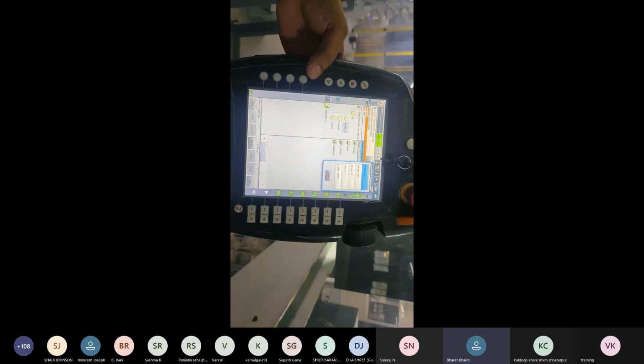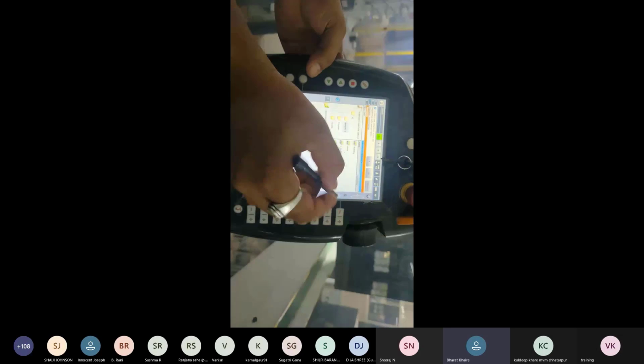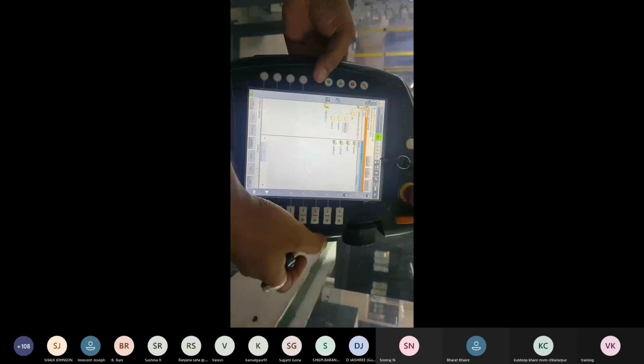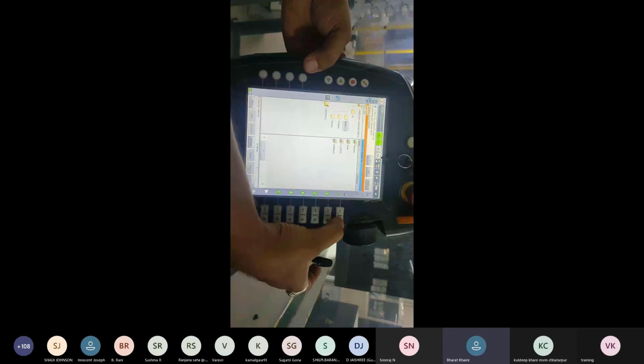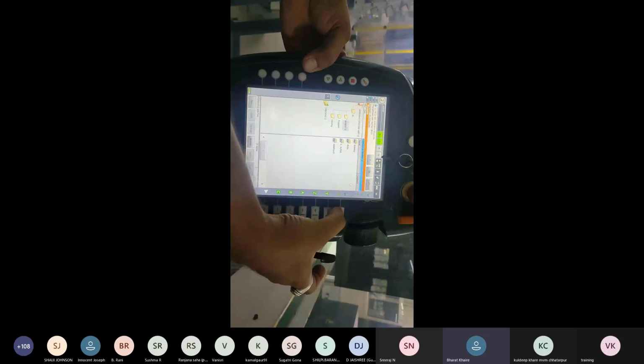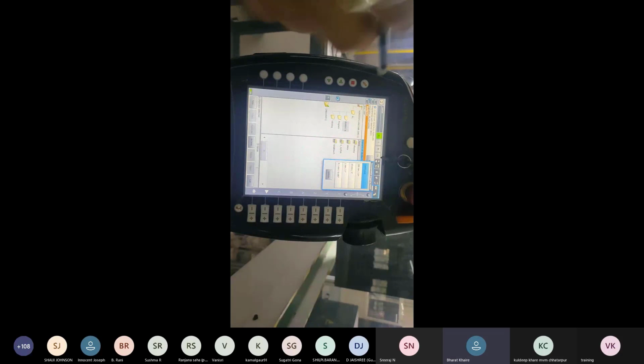So we can press and change the mode. Now I am using the x-axis. We can see here it will continually go and continually come back. But if I want to make some program with dimensions, for example, a square of 200 by 200, I cannot use the continuous tab.